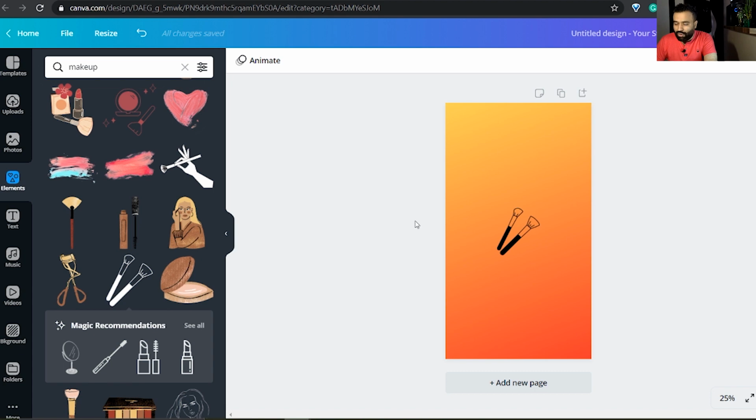Okay, now there's one more thing which I would like to add, which is that if you are not able to find any icon over here, then you can go to a particular website. The link to that particular website I'll link in the description below, and you can go over there and search for another icon.